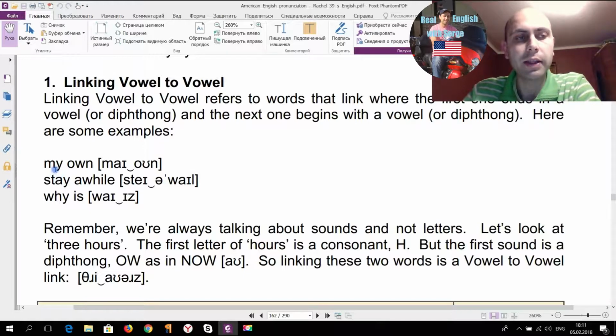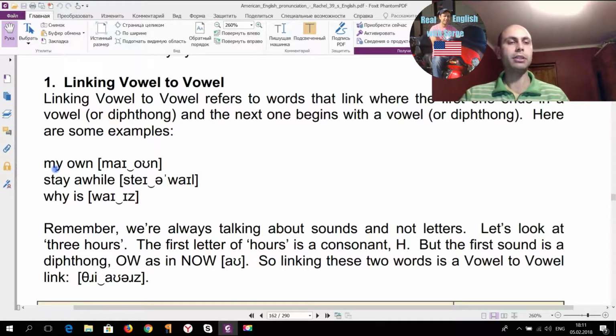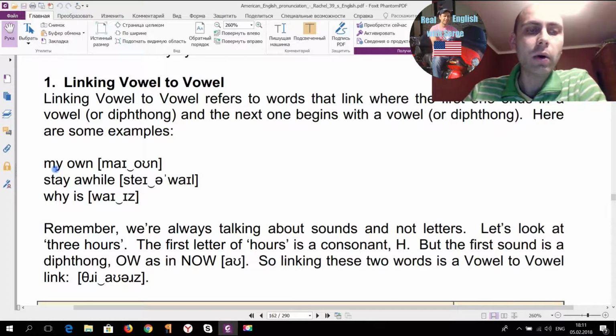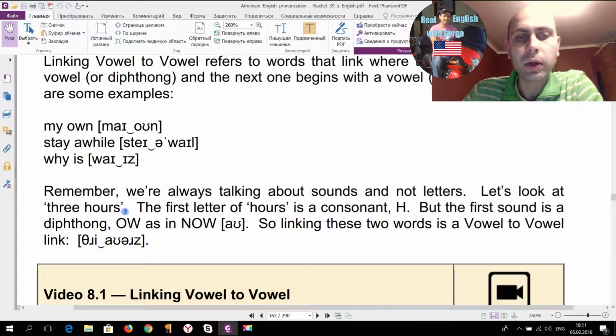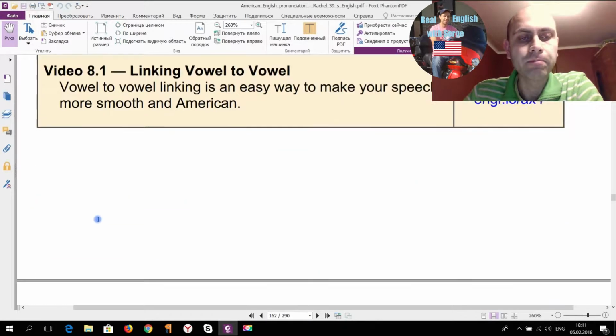Native speakers don't say it this way, so a native speaker definitely says my own, stay a while, why is. Also, she reminds that we're talking about sounds and not letters. So in the expression like 3 hours, the second word hours starts with an H, but that's a letter, but the first sound of that word is ow. It's a diphthong as in the word now. So linking these 2 words is a perfect example of a vowel-to-vowel link.